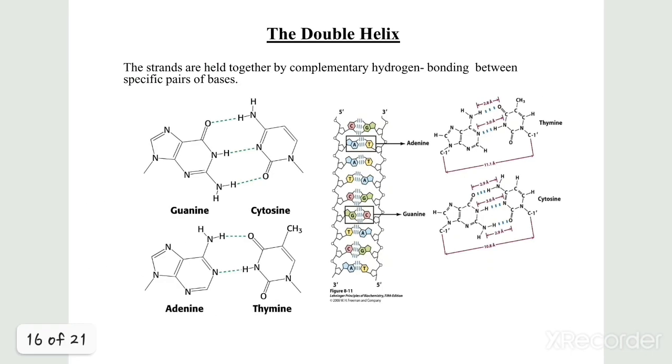If you see the double helical structure of DNA, you can clearly see the two complementary strands of DNA, one running from 5' to 3' and the other from 3' to 5'. Here you can see that different base pairing occurs that is complementary. For example, guanine will form 3 hydrogen bonds with cytosine, while adenine will form 2 hydrogen bonds with thymine.